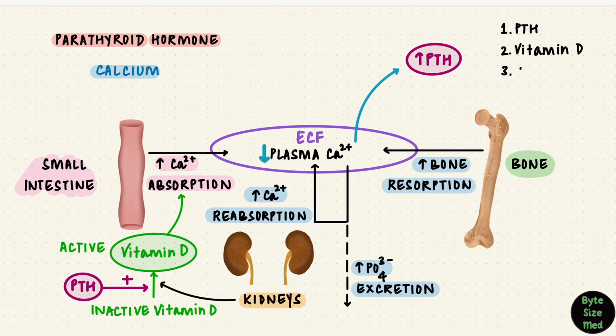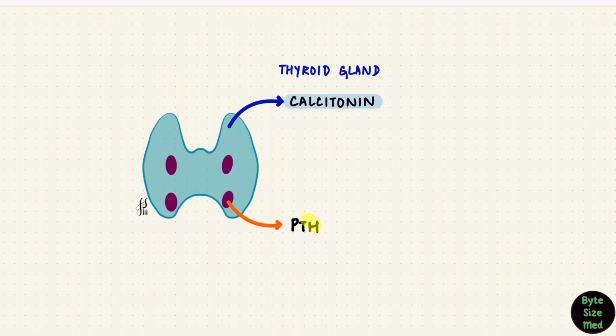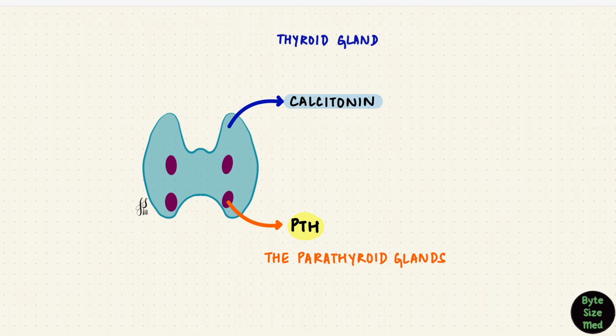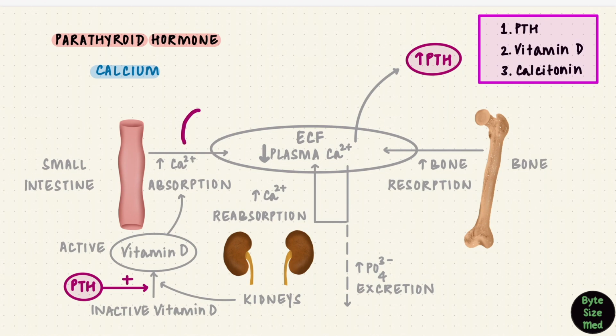The third is calcitonin. Calcitonin is actually produced by the thyroid gland. PTH is produced by the parathyroid gland. Calcitonin is secreted by the parafollicular C cells or the clear cells of the thyroid gland. The two sound similar, so it can get confusing. Its actions are actually the opposite of PTH, lowering plasma calcium. But together, these are three important hormones in calcium regulation. Exactly how PTH does all of this stuff is what we'll look at next.